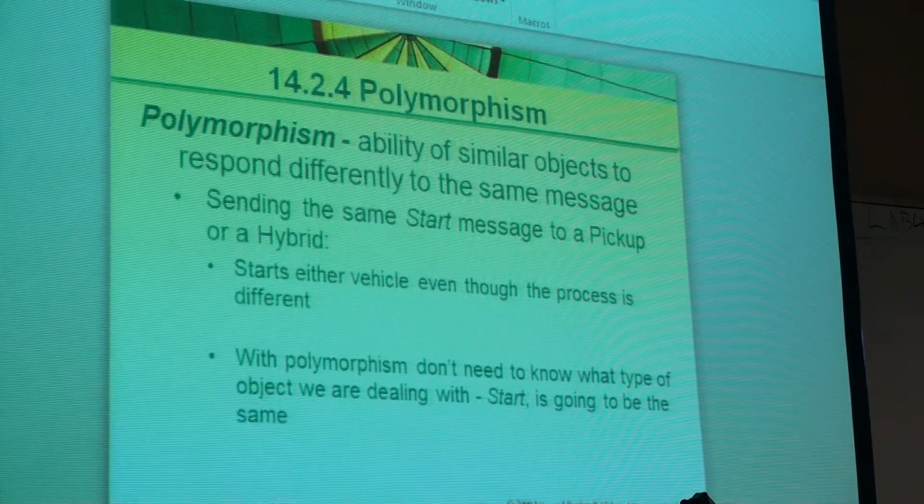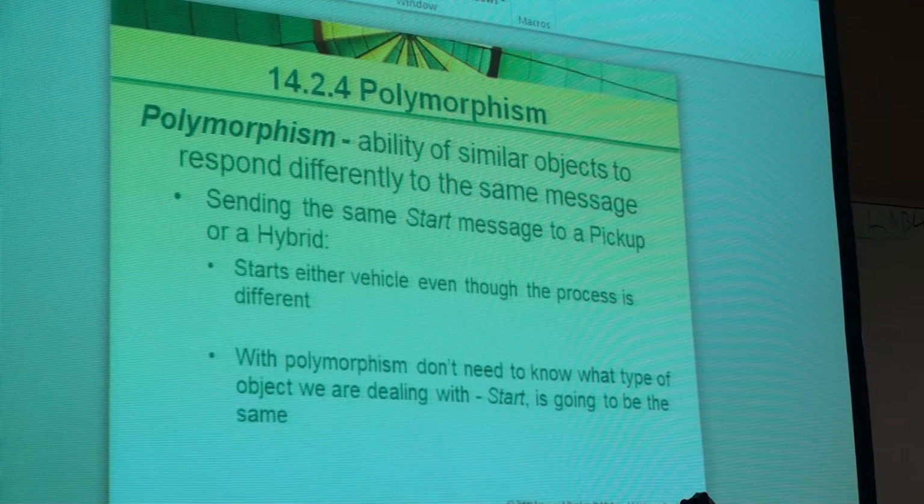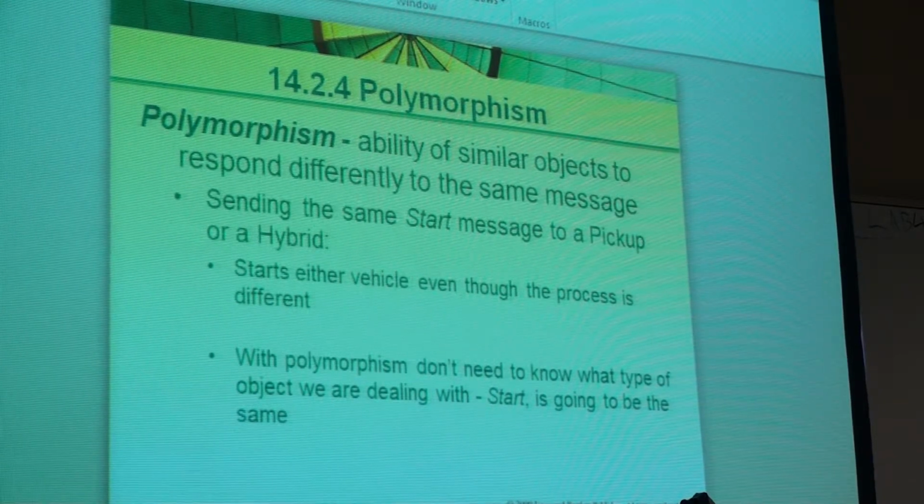Am I making any sense here? When we see this in programming, many of you have gotten a message saying such and such not defined, and then it'll have